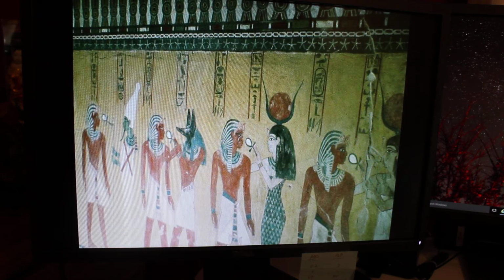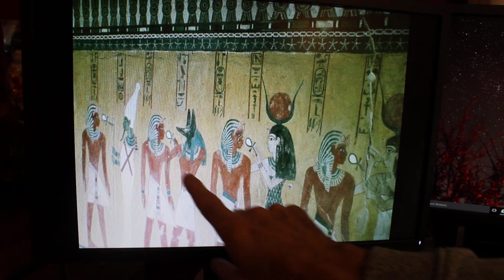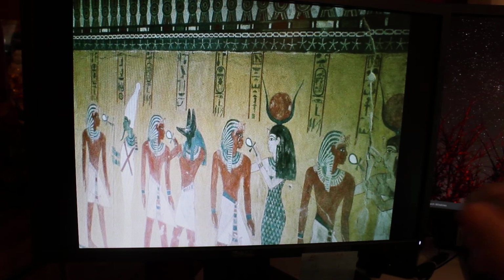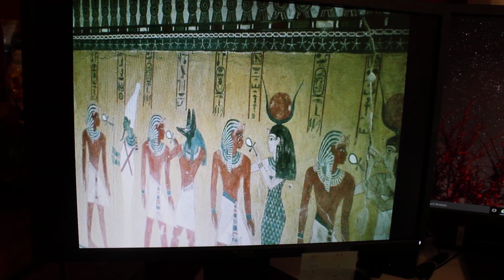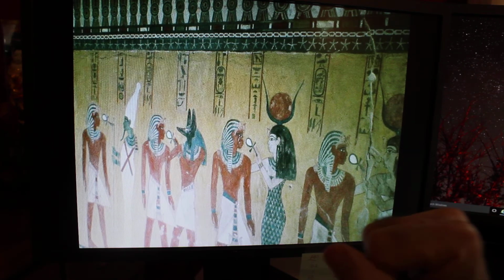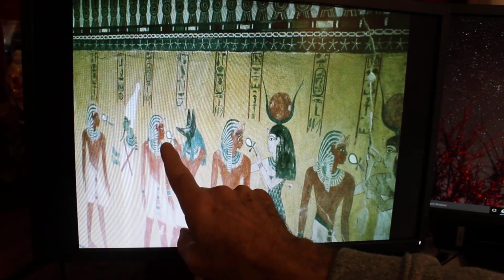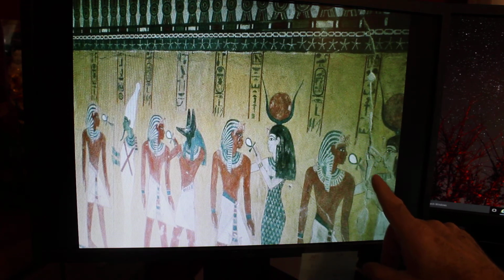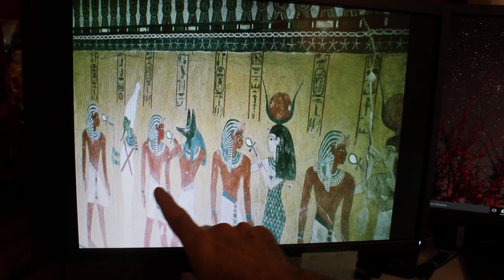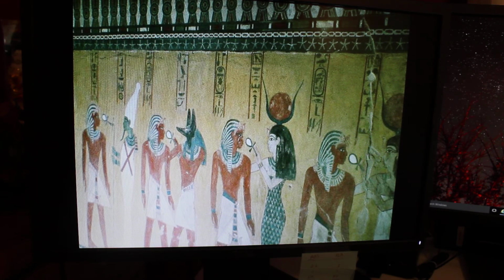Okay, this is still in the Temple of Dendera. You see the pharaoh right here, and this is a new pharaoh. Once you become pharaoh, you're given power by the gods. And these are all different gods giving you power here. They give you power through the Ankh. See the Ankh shape right there. So the Ankh is used to transmit the power of the gods to the pharaoh. So the pharaoh gets power from each of the different gods so that he can rule on earth. And then eventually when he dies, he will go into the afterlife and he will continue to rule in the afterlife.